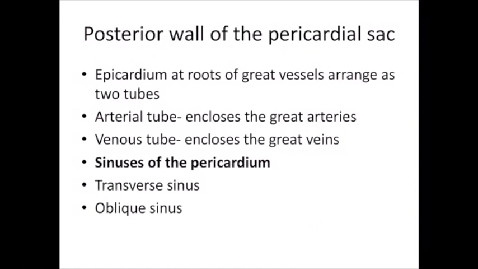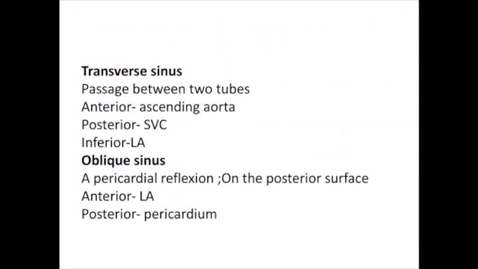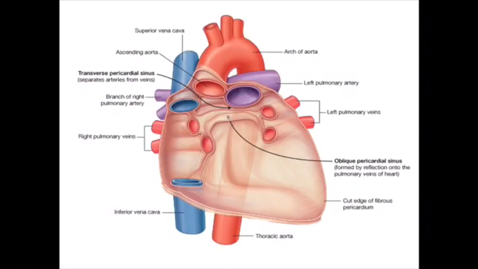In the posterior wall of the pericardial sac, you can see there are two tubes called the arterial tube and venous tube. The arterial tube encloses the great arteries of the heart, and the venous tube encloses the great veins. In between these two tubes, there is a sinus called the transverse sinus. In this picture, you can see the transverse sinus